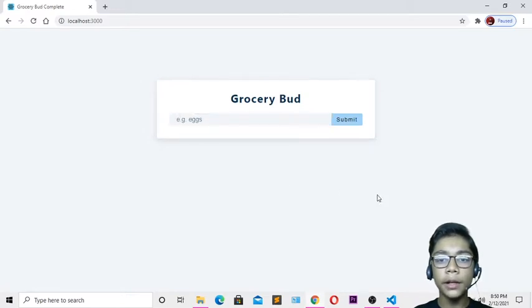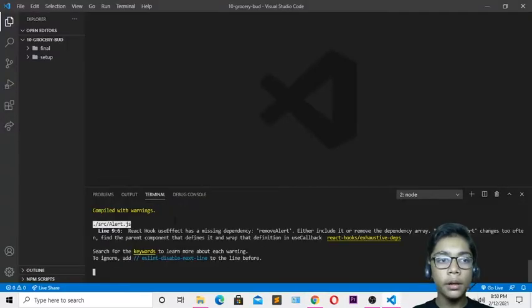Okay, so we will be building that with React.js, but for doing that you have to open your text editor, which is called Visual Studio Code. So I'll be opening that over here, and you can see my folder over here. Its name is 10-grocery-dashboard, and we will be doing that.